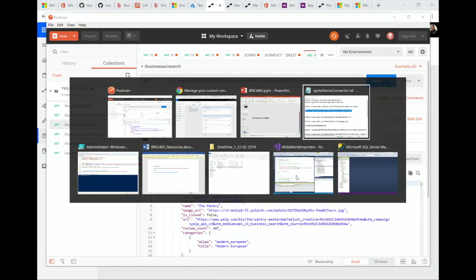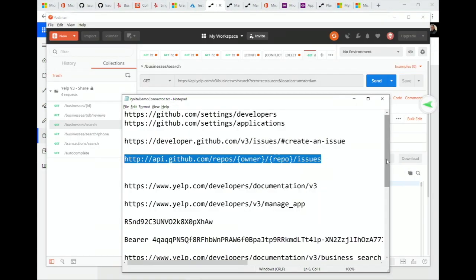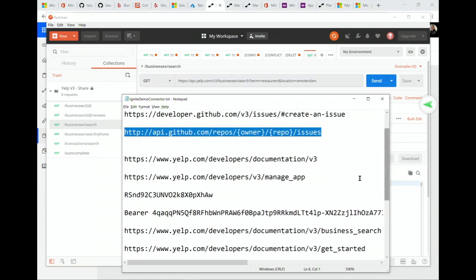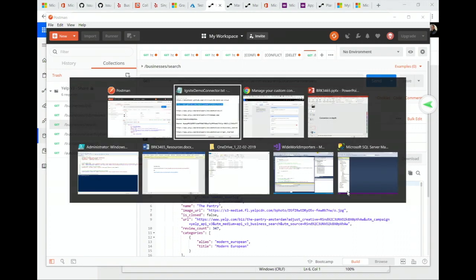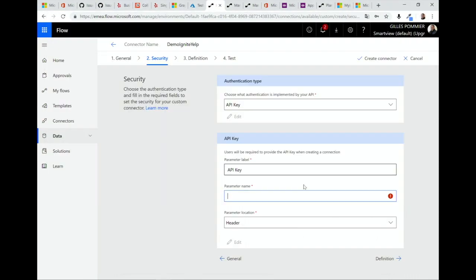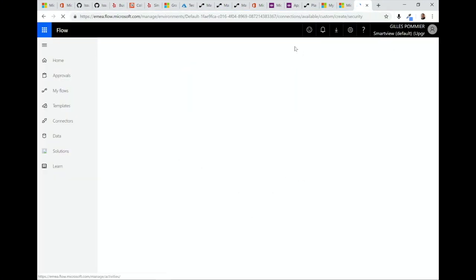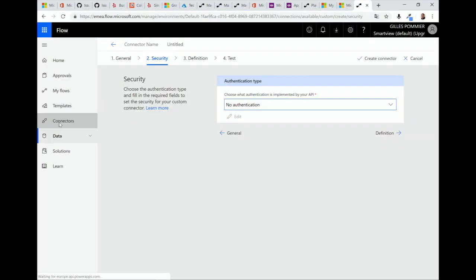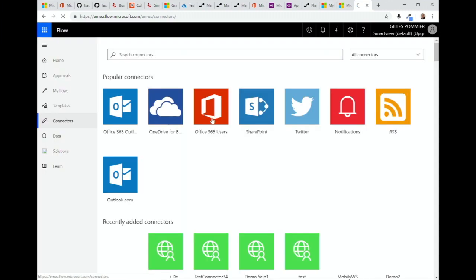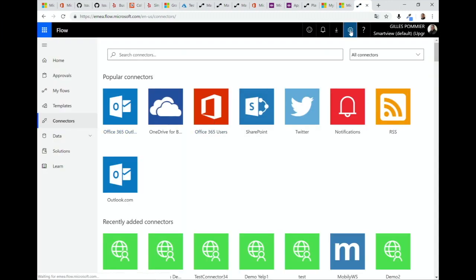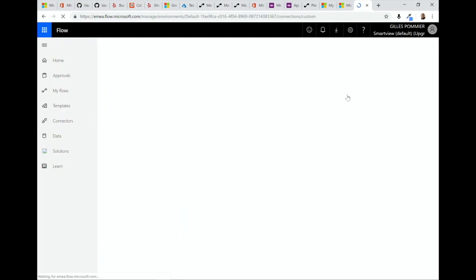I'm not sure. Okay, just let me check something, so as not to waste time. Custom connector.